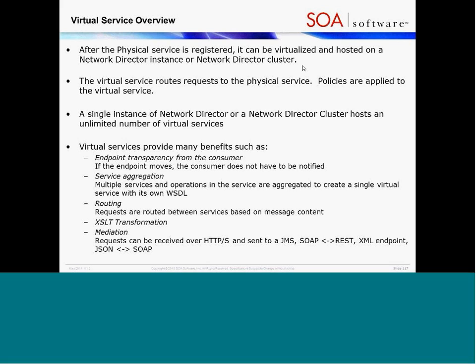One is endpoint transparency from the consumer. So if the endpoint moves, the consumer does not have to be notified. The consumer is connecting or sending their request to the virtual service endpoint, right? And that's not moving. The virtual service routes to the physical service endpoint. So you just need to change the physical service endpoint and not need to go through the process of notifying those consumers. So create aggregate virtual services